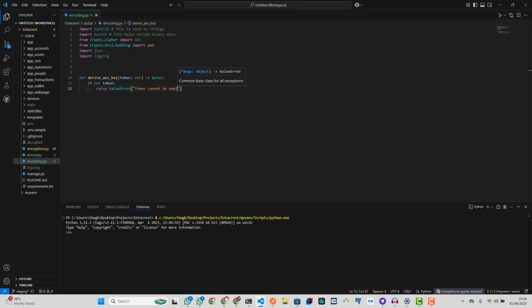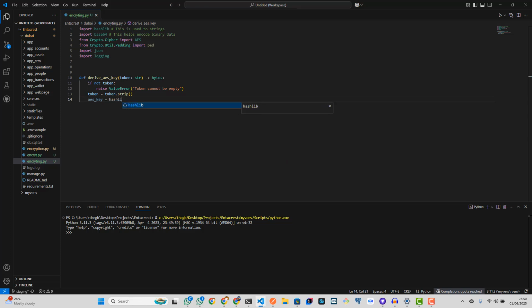Else we also make sure that we remove every white space from the token, so I'll be using strip to strip off any white spaces. So aes_key equals